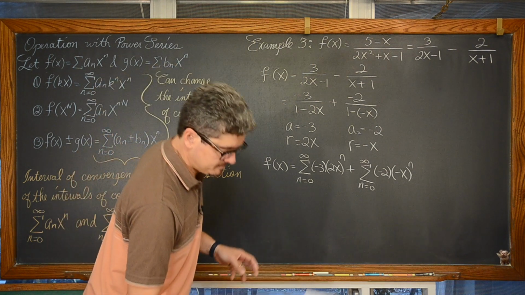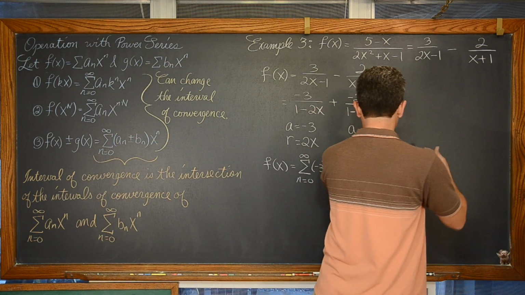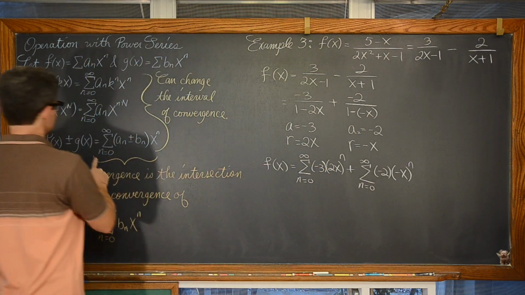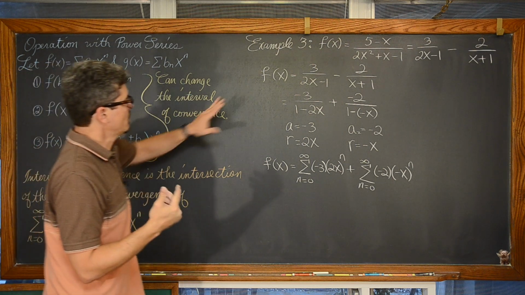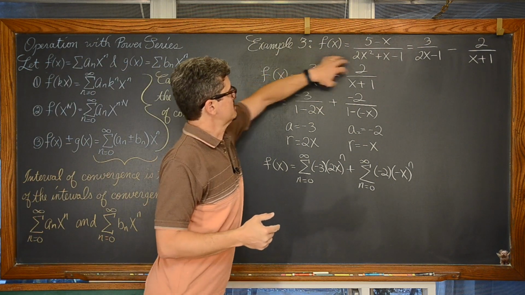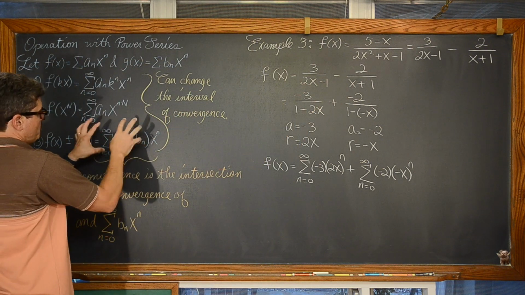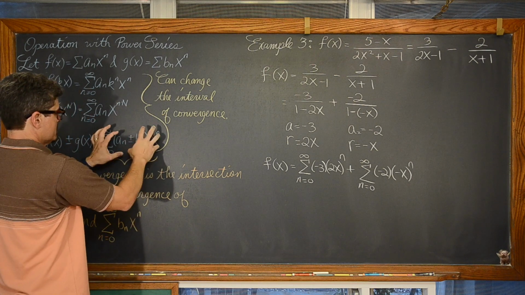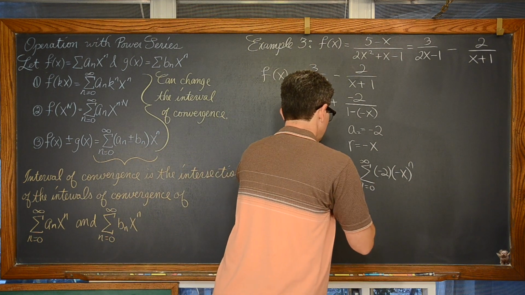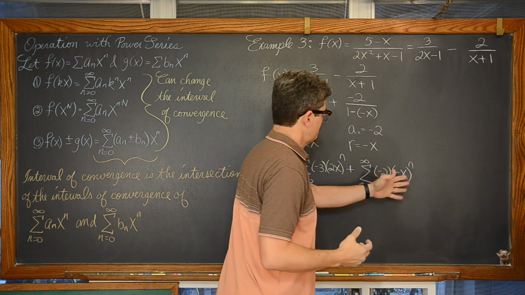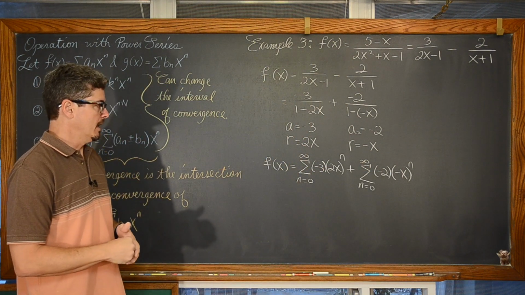Okay, now we can go ahead and we're going to talk about and show how we combine these two series, using this notation here where we have f of x plus or minus g of x. We had f of x is equal to, now this is two functions subtracted together, or added if you want to change the notation. We want to write that as a single series, but geometric series. But we need to look at the interval of convergence for each of these geometric series. When are they going to give us valid answers? When are they going to converge?